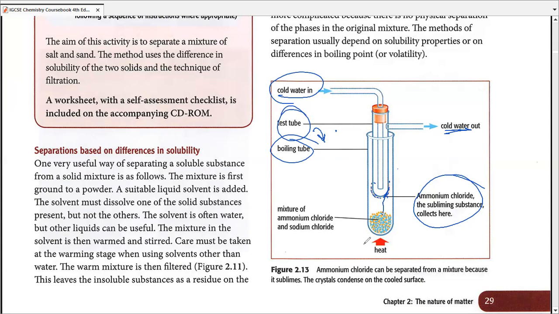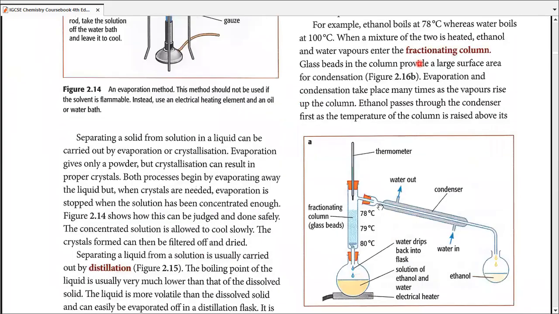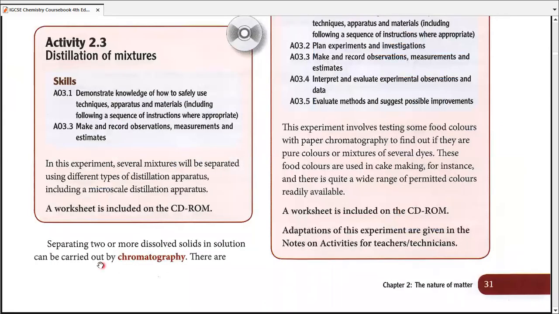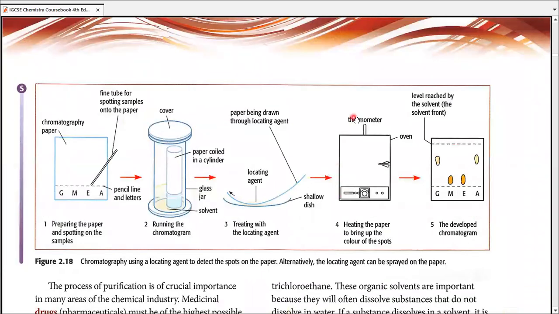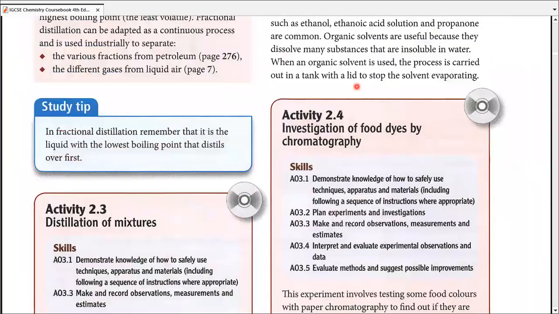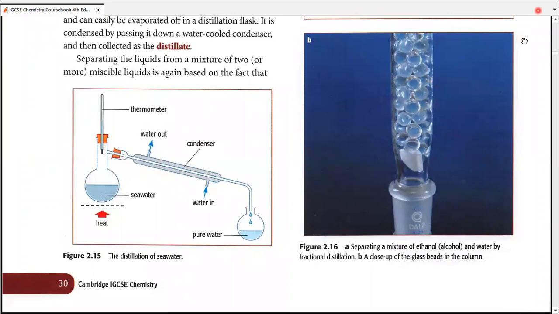Yes, sir. Good. We're done with many techniques, and moving on, let me clear everything up. You'd find simple distillation and fractional distillation on these pages, and then chromatography on this side of it. Unfortunately, the heading for paper chromatography is missing over here at the bottom of page number 31, and that's actually the last process that we need to work with, and we'll be done with all separating and purifying techniques. Make sense? Yes, sir. So we are left with three processes, and I'm thinking to